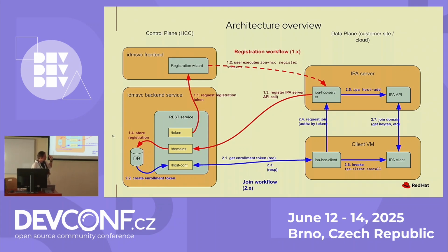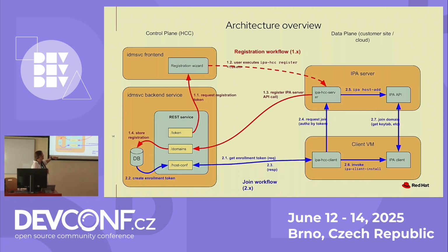For that, you need to have the IPA HCC client installed. You must have your client registered with subscription manager with Insights. Once the machine comes alive, it sees that it has this client installed and the service is running, so it needs to ping the backend and say, hey, I'm alive. Is there any server or domain that I can join? So it pings the backend